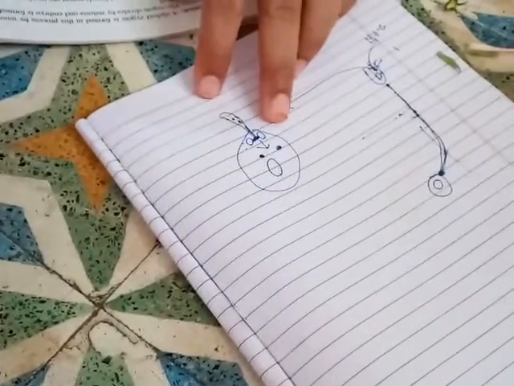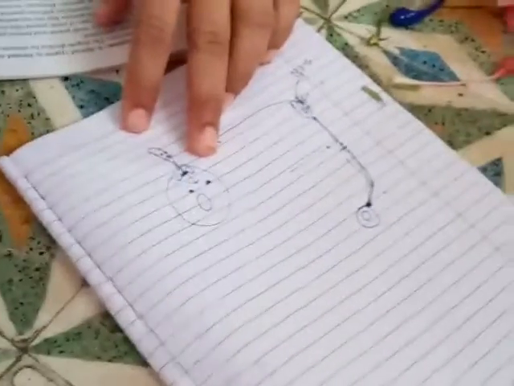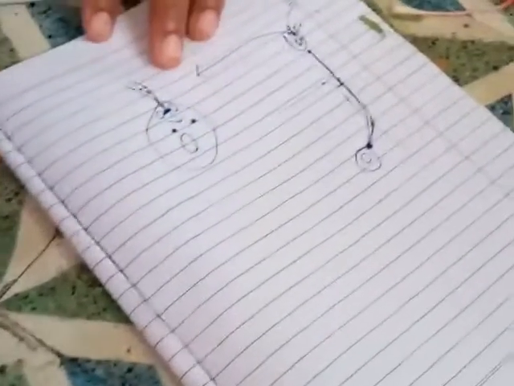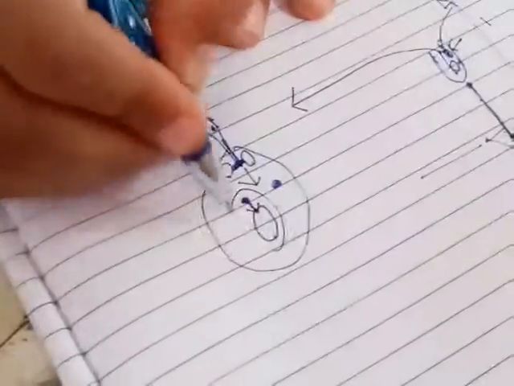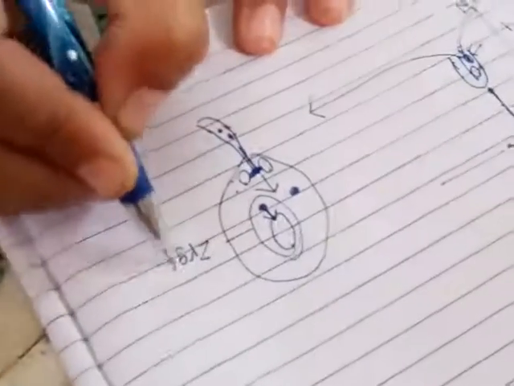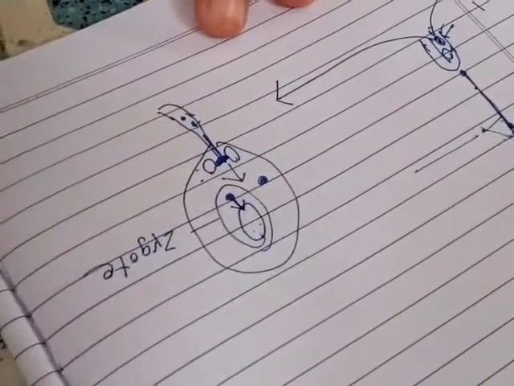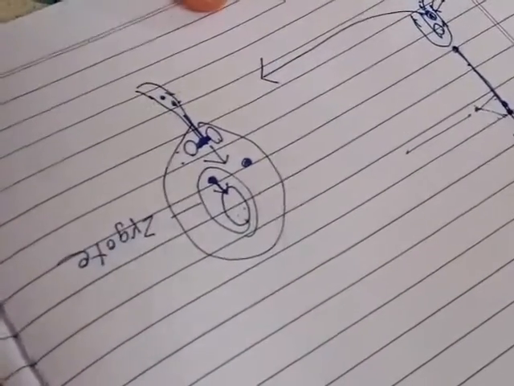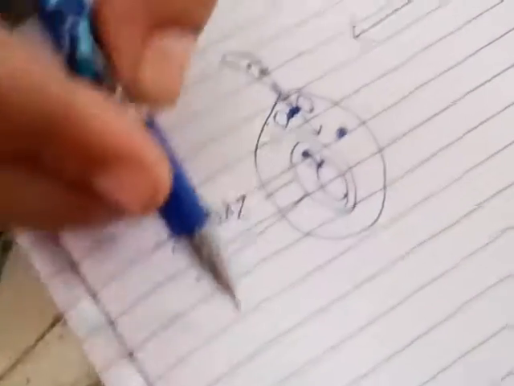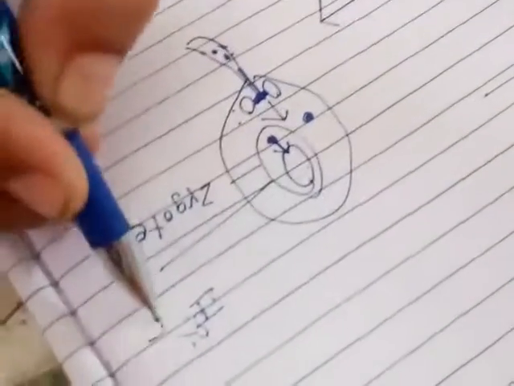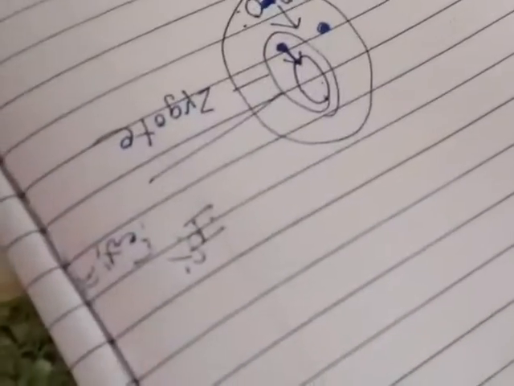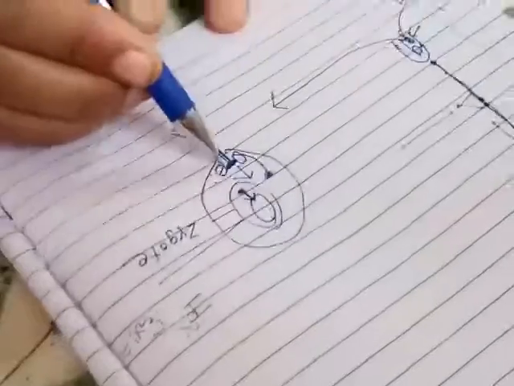Now what is exactly happening? One of the male gametes unites with the egg cell to form the zygote. This is the zygote, and this is known as fertilization, the first fertilization. Understood? And then the second male gamete unites with the two polar nuclei. This second one will unite with both of them.